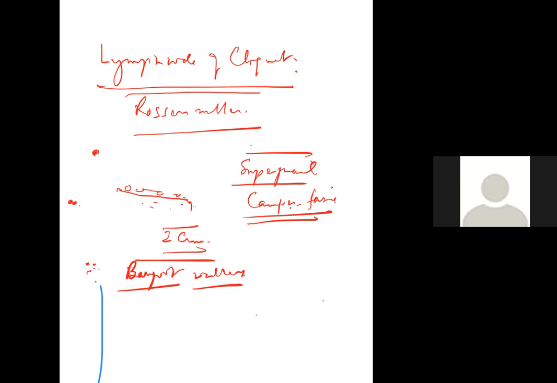So the whole idea is to understand the logic, right? And the purpose is to understand the concept of why we divide them into various groups. So superficial to the Camper's fascia, it can be actually mostly in the upper part, and they are usually palpable. And they can be palpated in most people, especially, as I mentioned, barefoot walkers. The deep are deeper to the Camper's fascia, and they would be